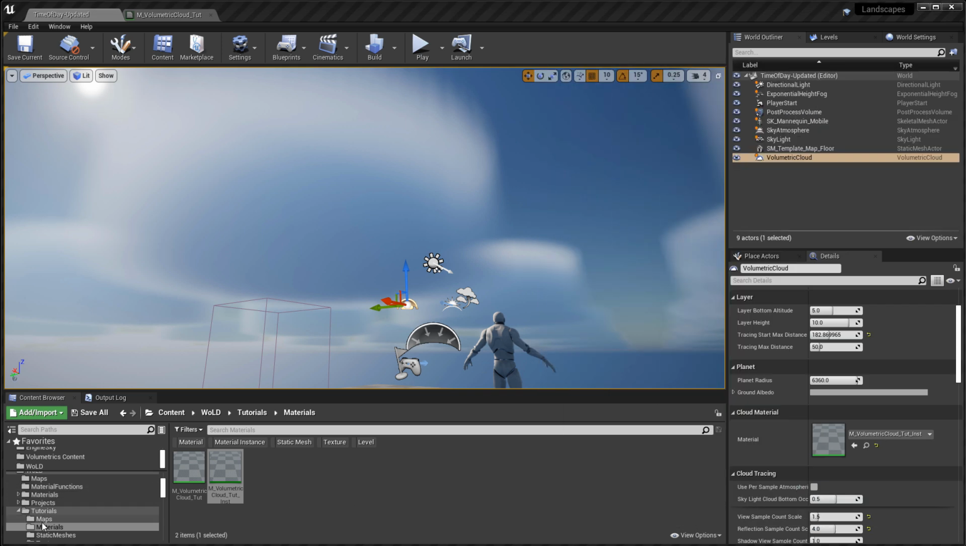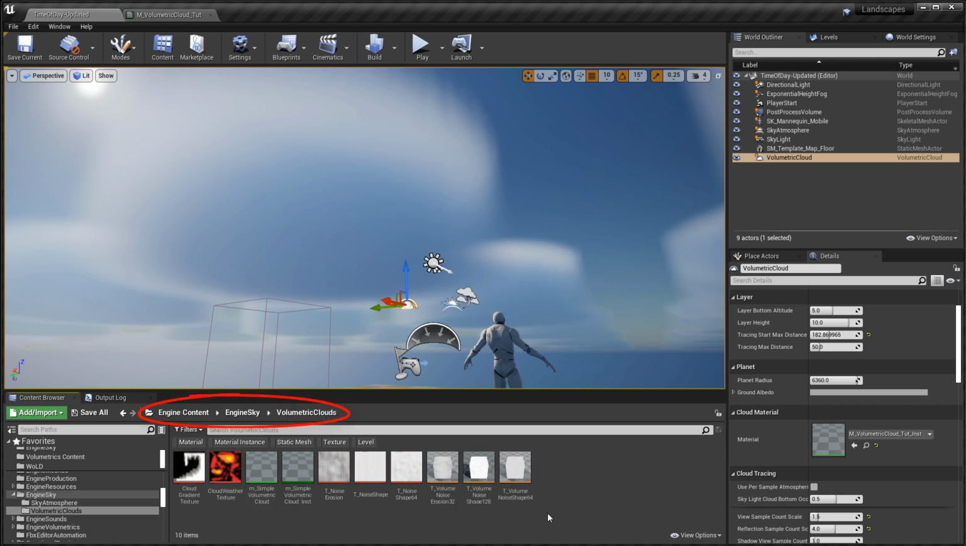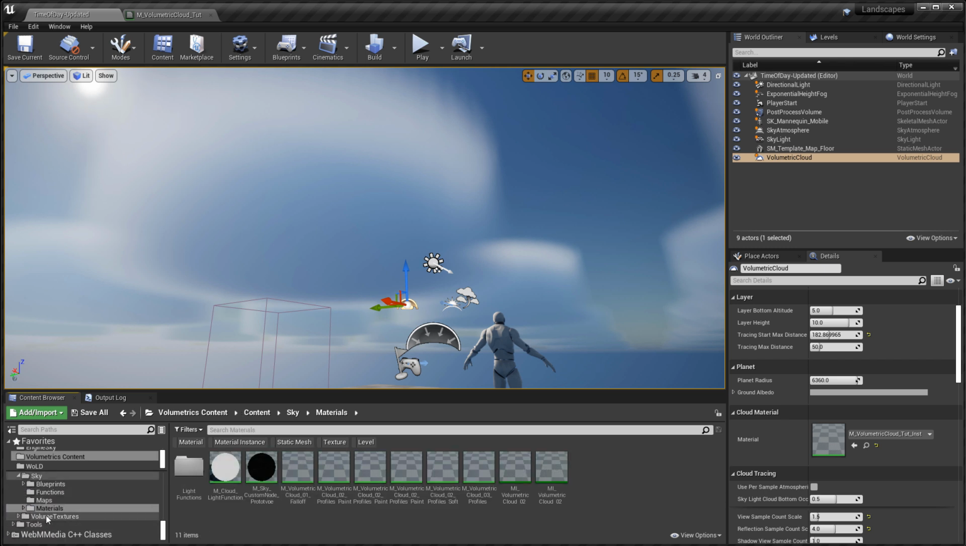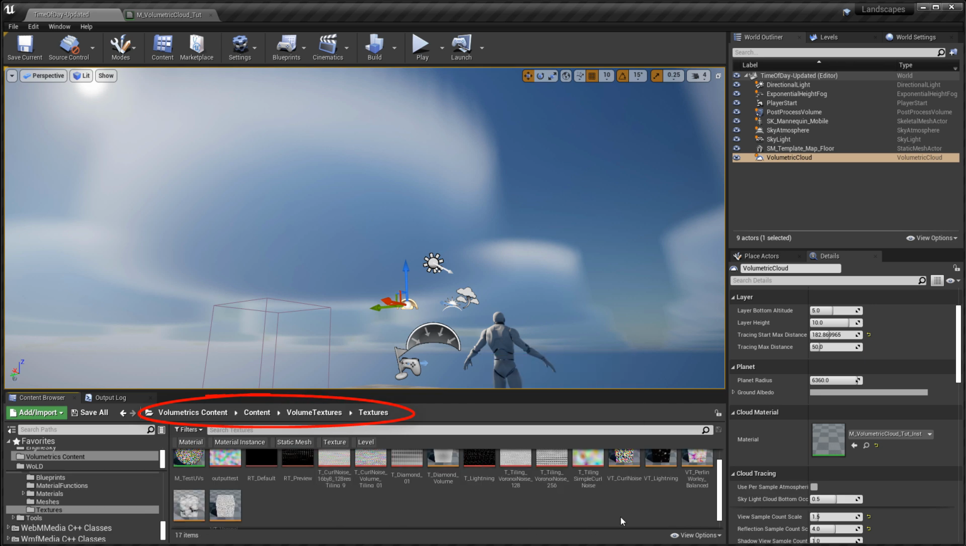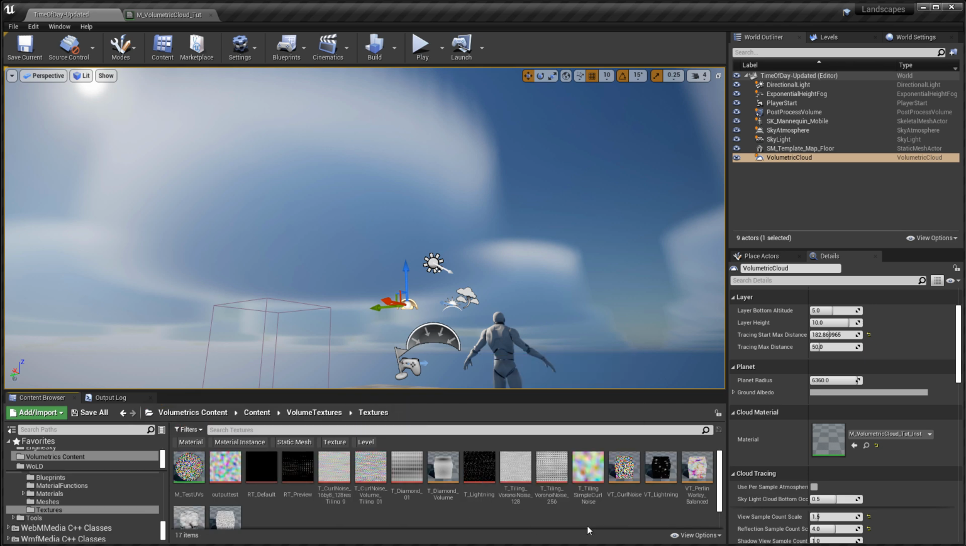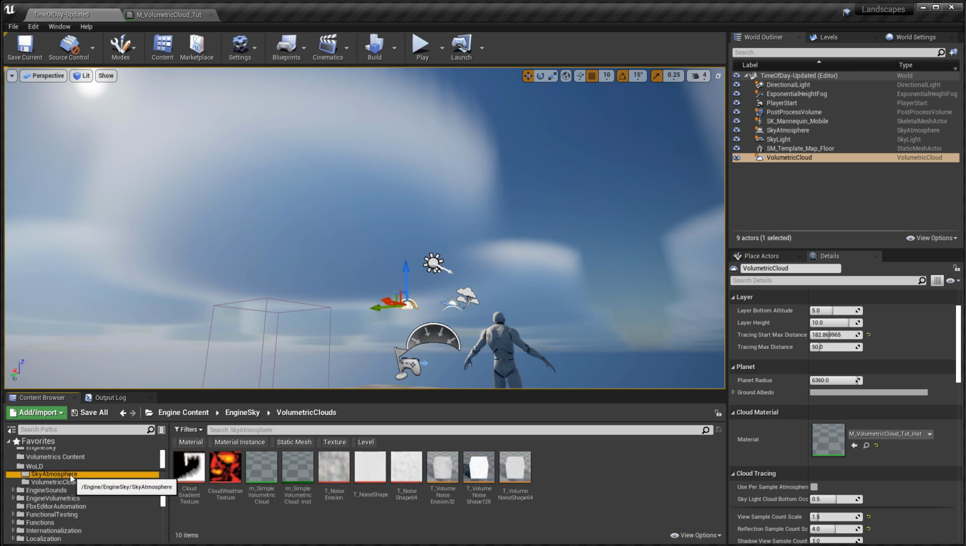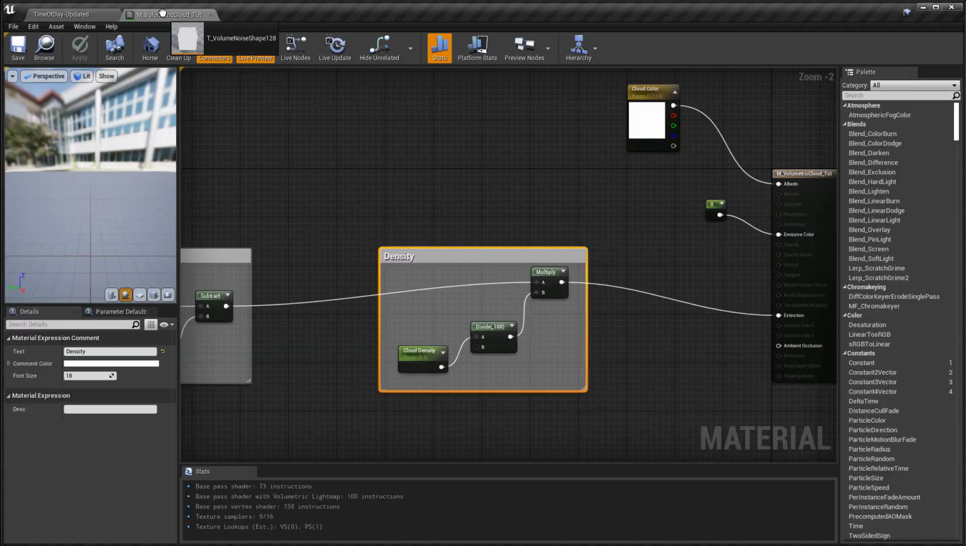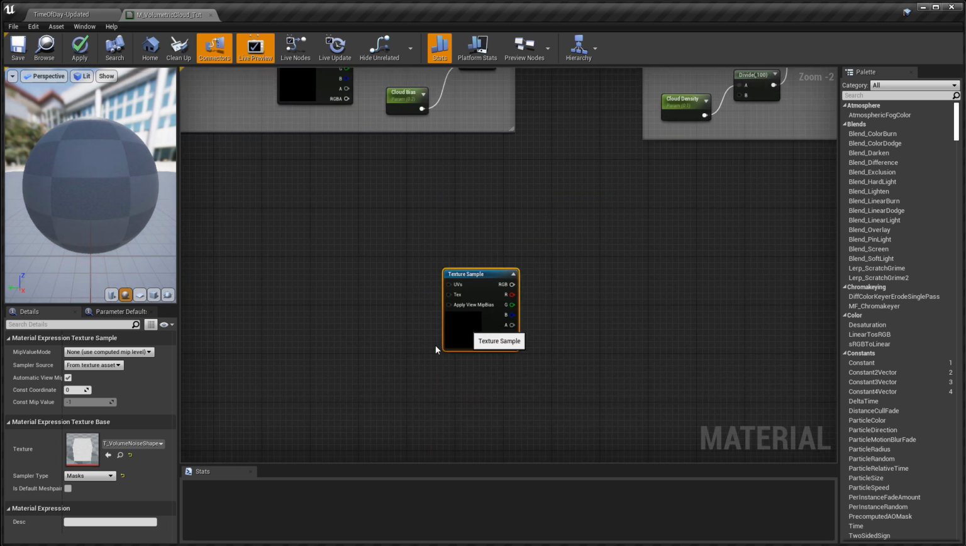The first set of volume textures can be found inside Engine Content, Engine Sky, and Volumetric Clouds folder. And it's these right here. And then when you enable Volumetrics plugin, and then you scroll down, go to Volumetrics Content folder, Content, Volume Textures, and there are more here. For this example, I'm going to use what's inside Engine Sky and Volumetric Cloud inside the Engine Content folder. And I'm going to use this T_Volume_Noise_Shape_128. And at the end of this tutorial, I'm going to swap it for some other ones to show you what the difference is. So I'm going to go ahead, left click, hold and drag this volume texture right into the